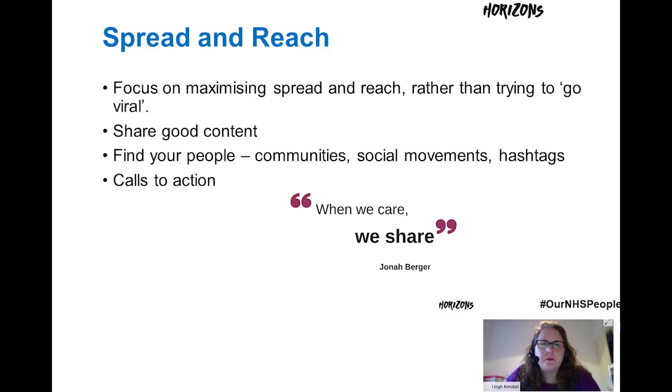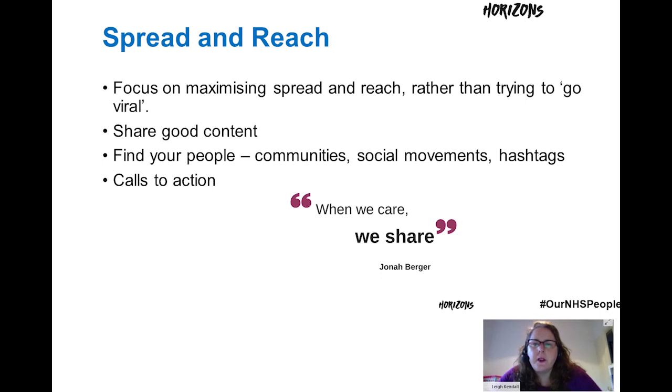So, when we're talking about spread and reach on Twitter, you probably heard about the holy grail, which is going viral. And going viral can be something amazing, because lots of people all over the world are seeing your content. But what I would say about that is don't just focus on going viral. Don't gamify.